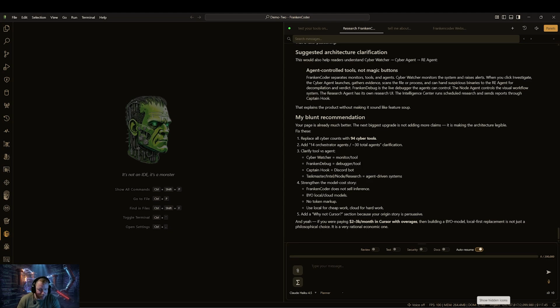I haven't touched Cursor. Actually, that's a lie. On my Linux computer, before I had a Linux version of FrankenCoder, which I do now, I just did that a few weeks ago, so that's up and working now also. But I would use Cursor over there to get some things done. But anyway, every time I thought it was ready for release, I would do a thorough testing, and I'd be like, oh, well, shit, this is broke, or that's broke. And even now, I still don't feel super comfortable